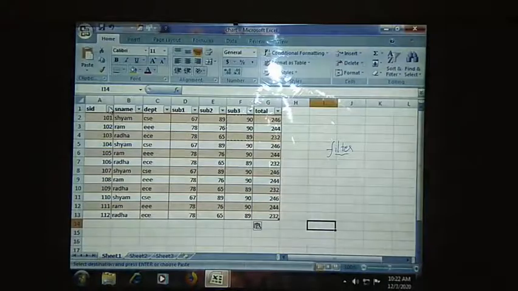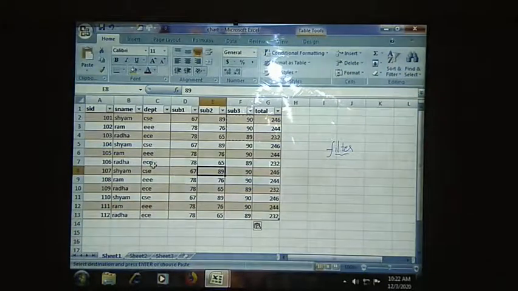See, if I want to see the details of a student who is studying only in computer science, then it will be difficult to search for each and every student, take them out and write them on paper. It will take a lot of time to understand how many students are studying in the CSE department. But by using the filter option, I can do this in an easy manner.